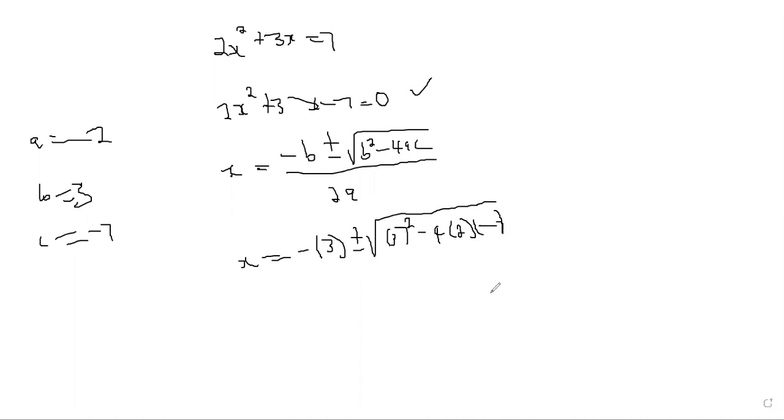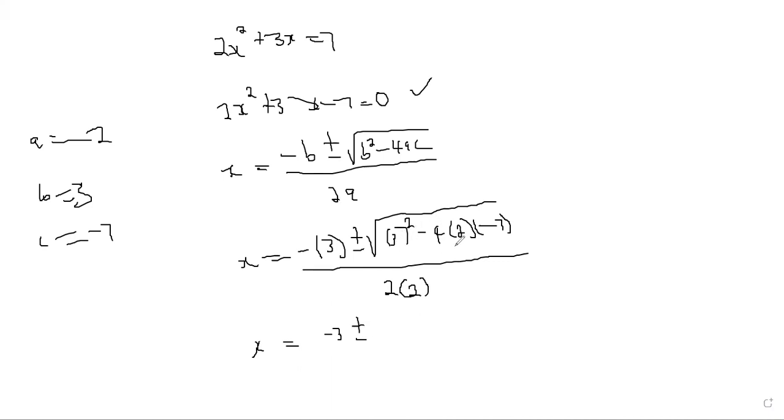At this point, don't say that this negative 7 is wrong, because we said it can be negative. We said the whole thing under the square root can be negative, right? All of this all over 2 multiplied by a, which in this case is 2. So from here, you basically solve, right? So this will be negative 3 plus minus,